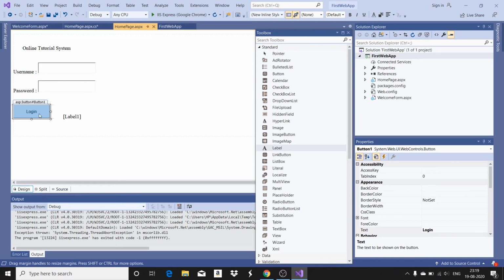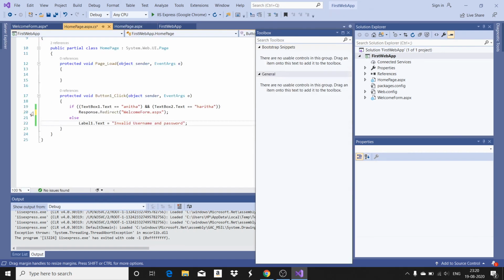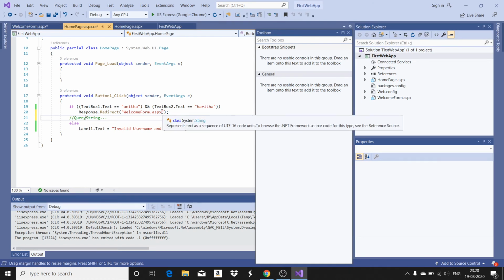So for which we use a concept called query string. I'm going to use the concept called query string. We will be discussing all these things in detail, what is a query string, etc. Just for the time being, you understand a query string. We are going to add a query string. How do you add the query string? Put the question mark after ASPX, then whatever you are adding after the question mark becomes the query string. So your query string will always be a name and value pair.